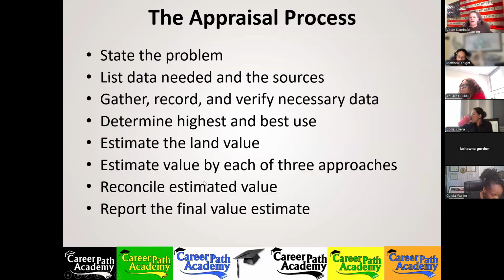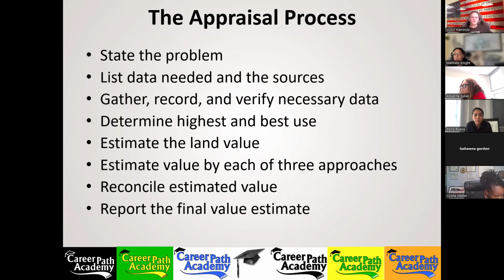So the appraisal process the appraiser goes through is they've got to figure out what the problem is they're trying to solve. Then list the data needed and their sources. Gather, record, and verify that necessary data. Determine the highest and best use of the land. Estimate the land value. Estimate value by each of the three approaches, which are,